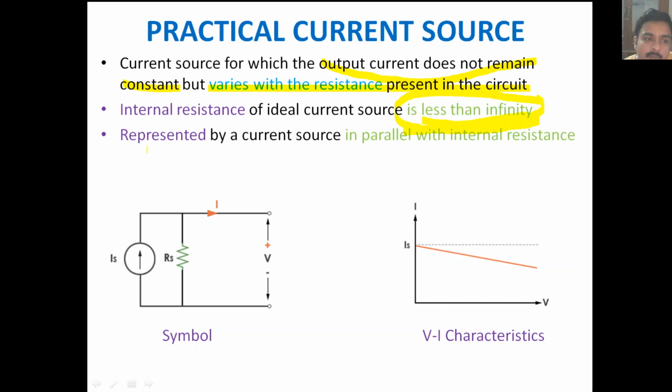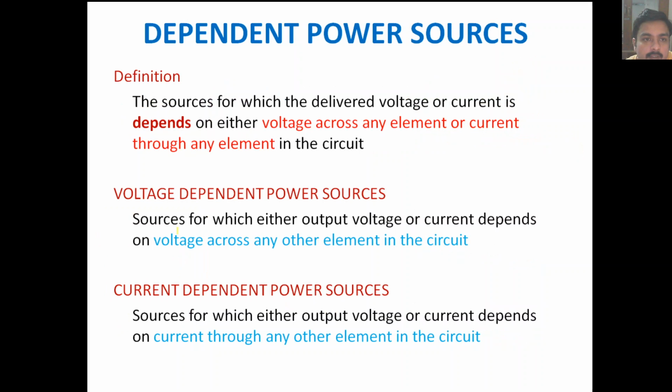Regarding the representation, a voltage source we always represented in series with the resistance, but for a current source we always choose the resistance to be in parallel with the actual current source. And in case of an ideal current source, we draw the current source as just this encircled portion, but here we'll have to represent the resistance Rs, or in this case the Rs is going to be in parallel with the current source. See, this is a convention. Whenever we have to represent a voltage source, we always choose a resistance to be in series with the voltage source. In case of a current source, we always make a resistance in parallel with the current source.